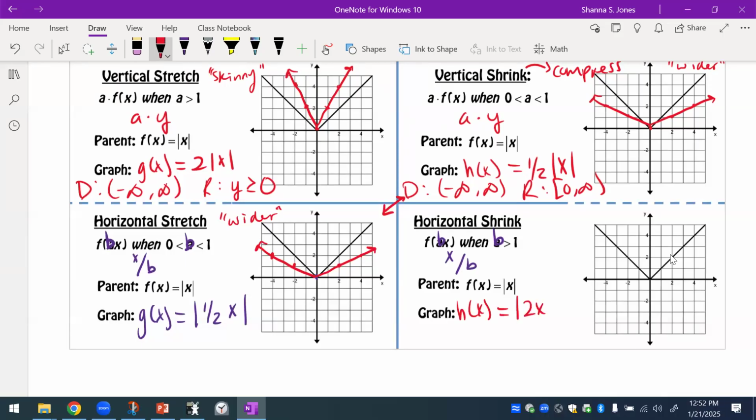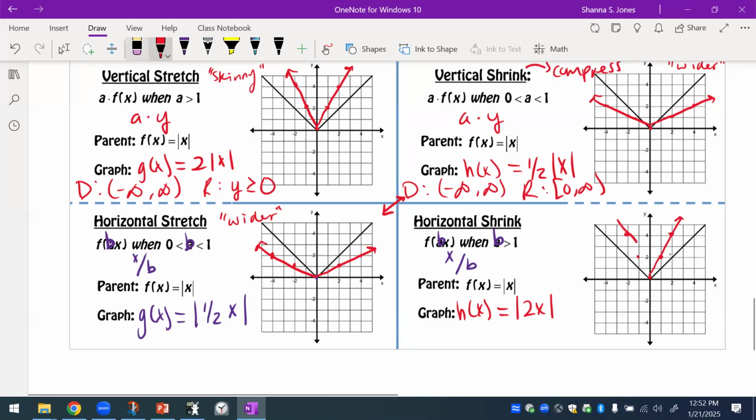Absolute value of 2x. So again, now you're dividing your x in half. Okay? I'm not going to divide 1 in half because it's just not easy, but I will divide 2 in half. So if I divide 2 in half, that's going to put me now at 1, 2. Does that make sense? If I divide 4 in half, which is at 4, 4, that's going to put me at 2, 4. If I divide 0 in half, it's still going to be 0. And because this is an absolute value, it's going to mimic the same behavior. It's going to get skinny, and it's mimicking